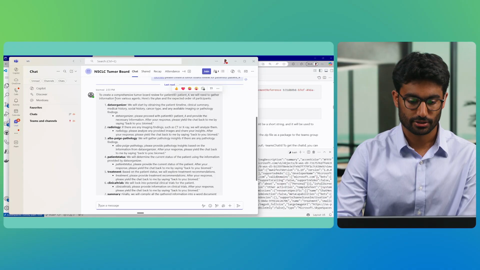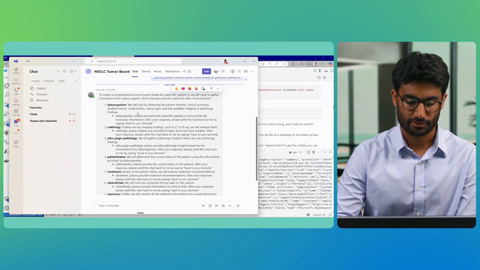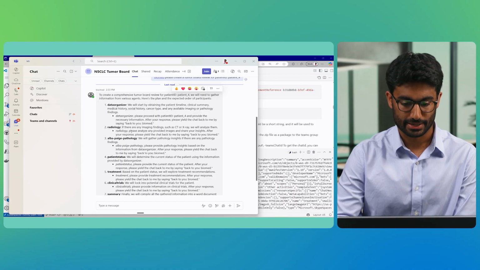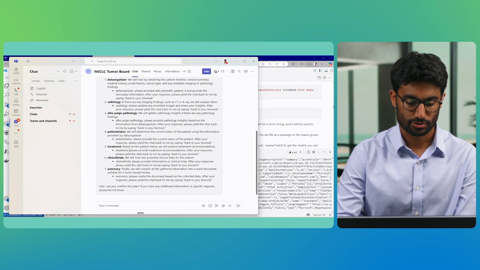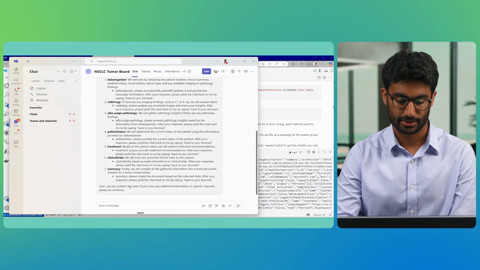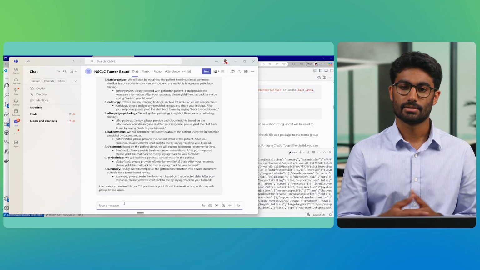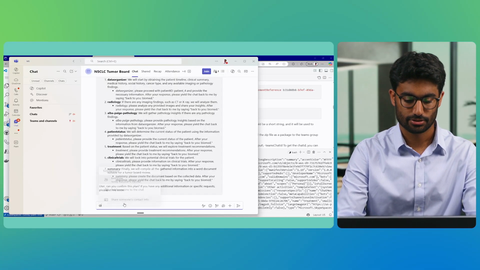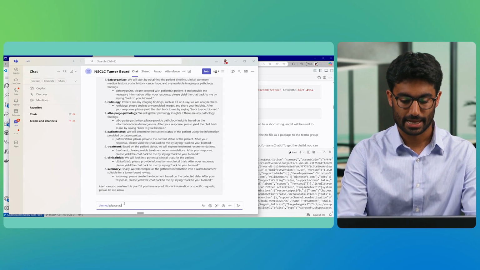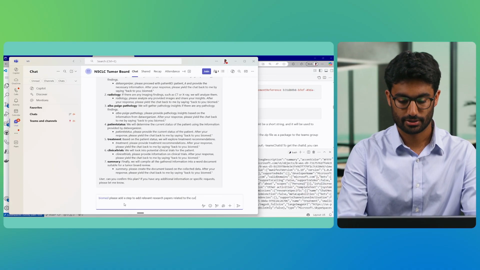So here, for instance, you can look at Biomed created a plan with all the different agents where it said we're going to start by obtaining the patient timeline, and then it's going to go through the radiology, the pathology, determine the current status of the patient, go through the treatment, clinical trials, and finally a summary. And this looks good to me, but maybe as an oncologist or as a clinical researcher, I want to add a step. So what I can do to Biomed is say, Biomed, please add a step to add relevant research papers related to the current medications and treatments